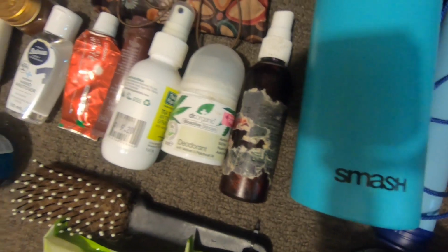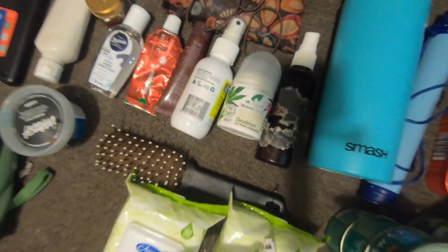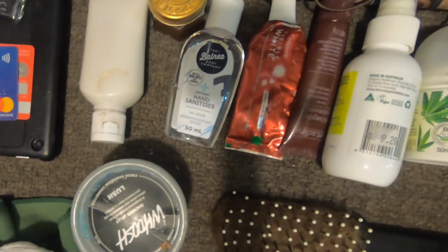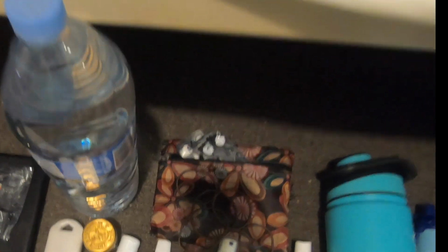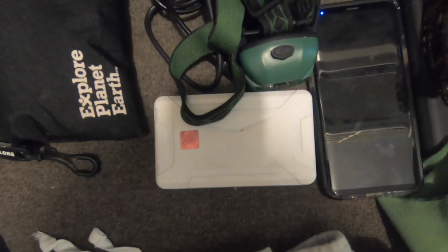thing, homemade insect repellent, some deodorant, some tea tree oil, which can also be used as insect repellent, I think, antibacterial cream, toothpaste, hand sanitizer, sunscreen lotion, spare water just in case, some shower jelly in case I find a shower, a towel and like face cloth, some bank cards which I'm trying to block out so you can't see them, yeah, sunscreen, sunglasses, obviously my mobile phone, some cables, power bank, rain cover for my backpack, jogger trousers and